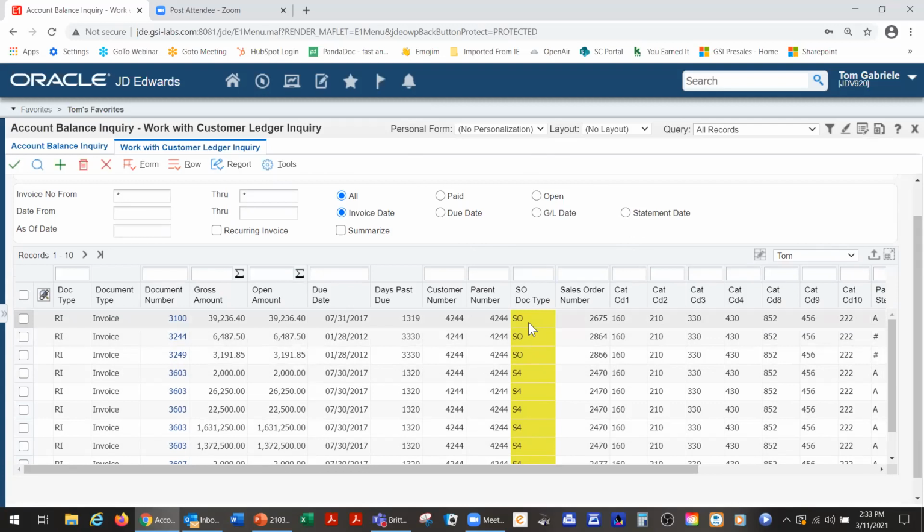So part of that $17 million is made up of a bunch of different types of sales orders that were driven out of order entry. We're going to come back and visit this in a minute, okay? If I go back to this tab, account balance inquiry,